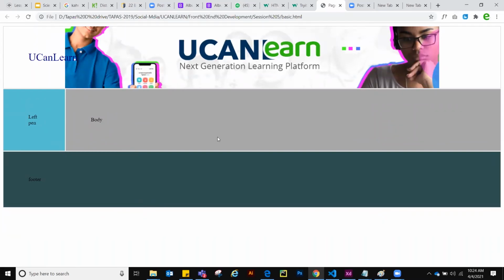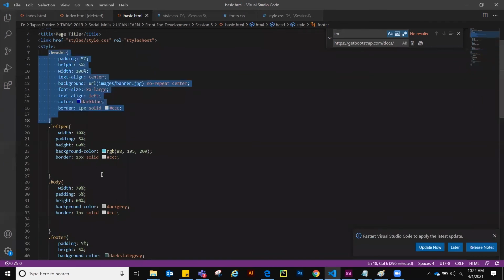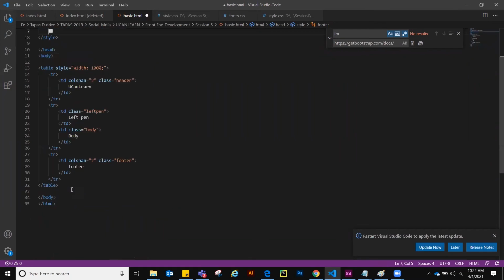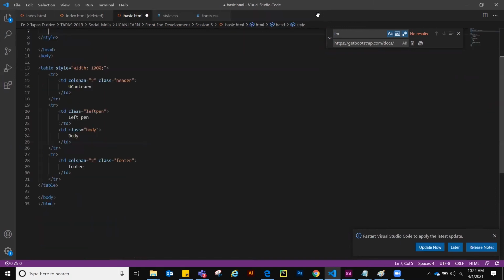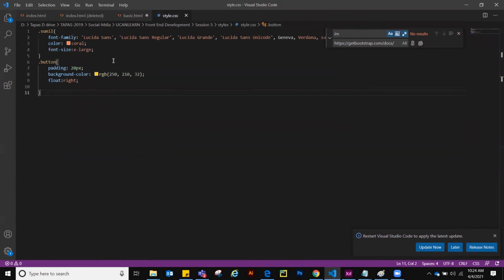Now you just copy this entire part till here, cut it and paste it in our style.css. Where is our style.css? Let's close the extra thing. This is our style.css, right? Paste it over here.